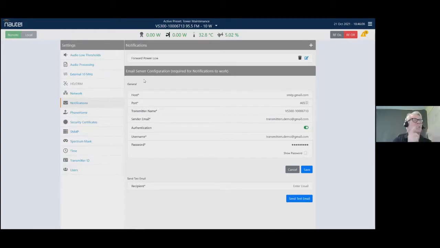Which sounds a little circular, but notifications don't work unless the email server is configured properly. And the only purpose that the email server configuration has is to provide notifications. So they're now on the same page. This allows you to use SMTP for a host, do the various settings, and these are example settings